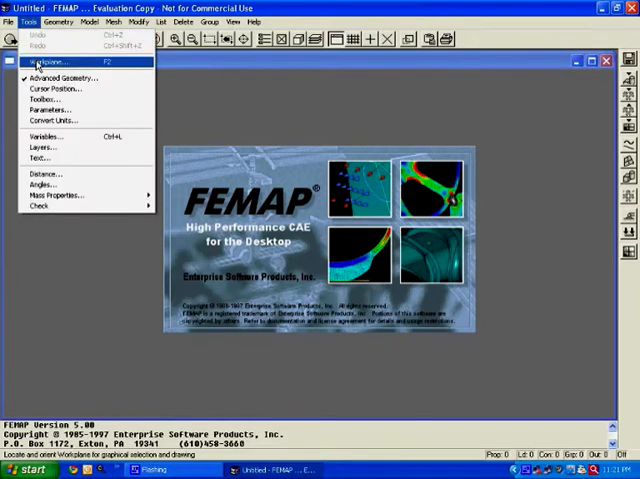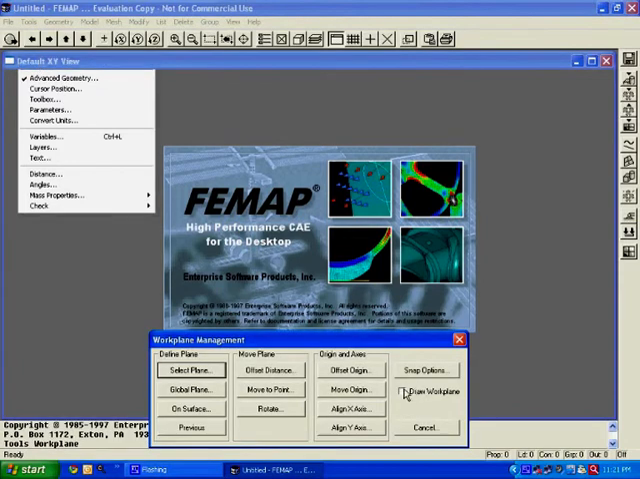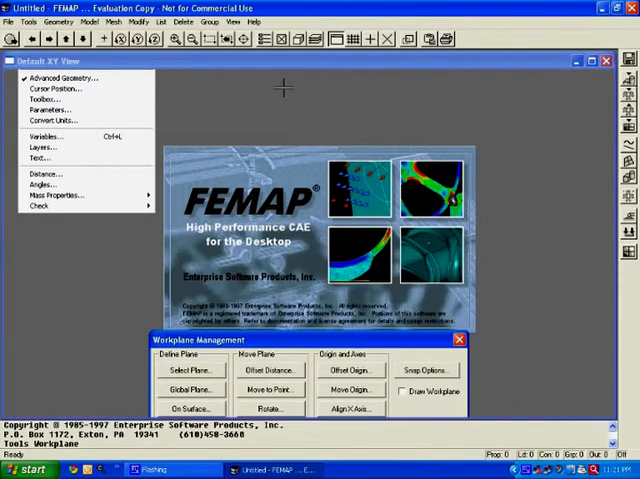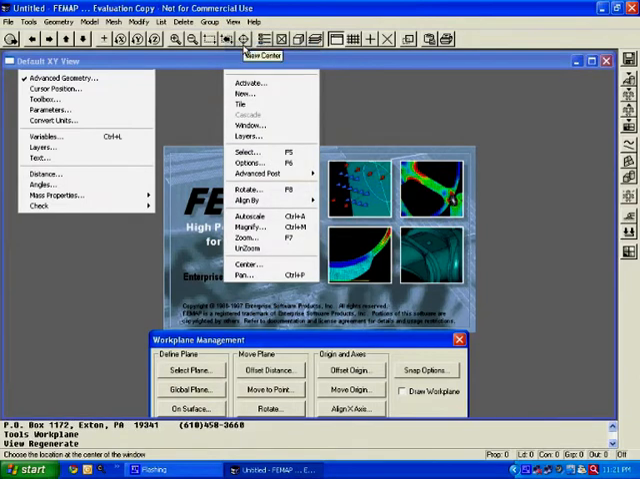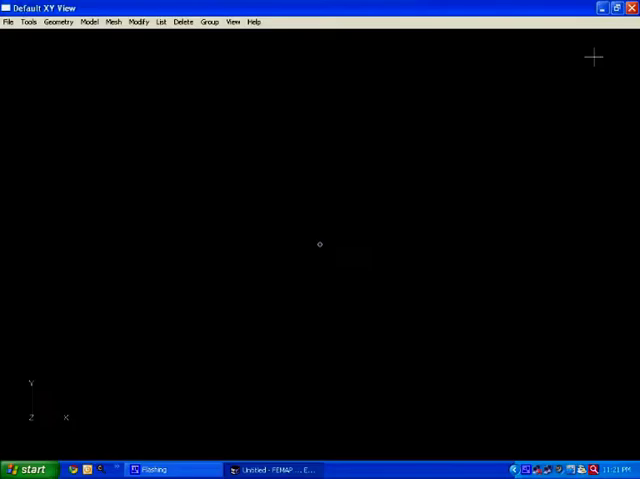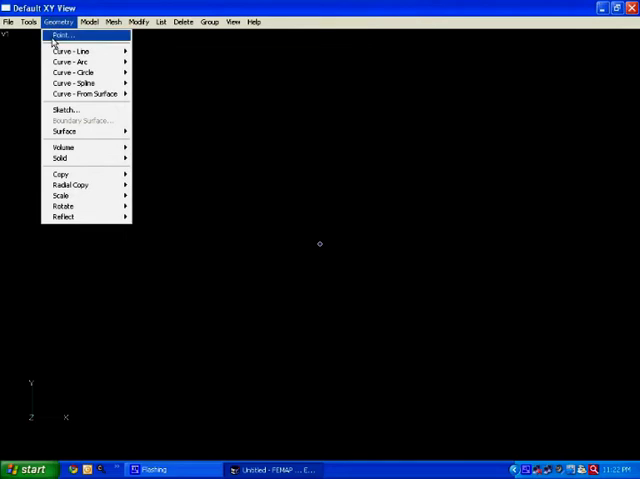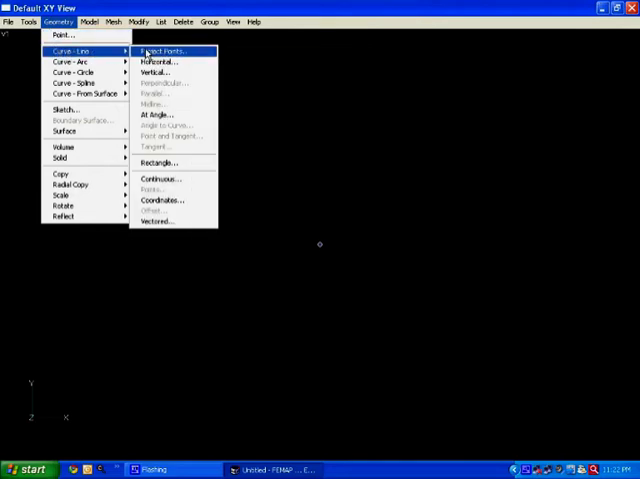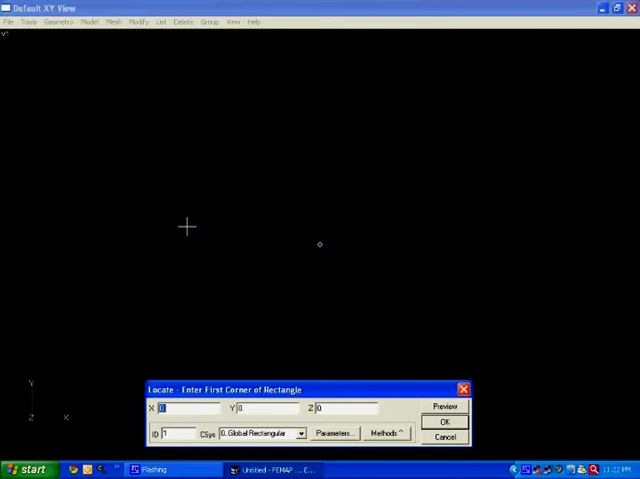Next I will go to tools, work plane. Now I have to create the model. So I will go to geometry, curve line, then rectangle, and I have to give the first corner of the rectangle. So I will assume that corner is at the origin, and as I have to create a plate of